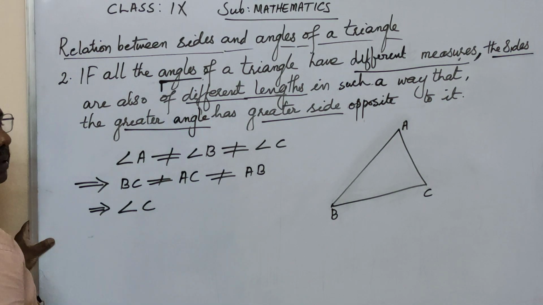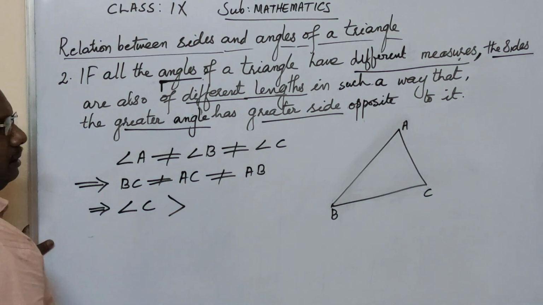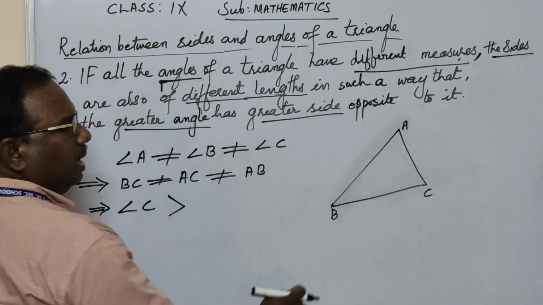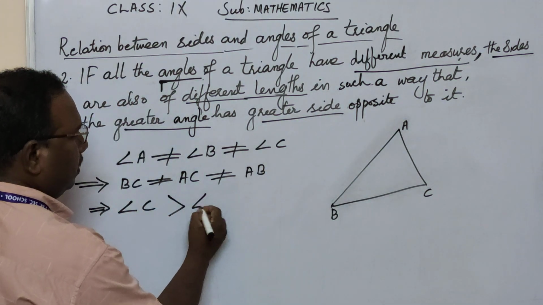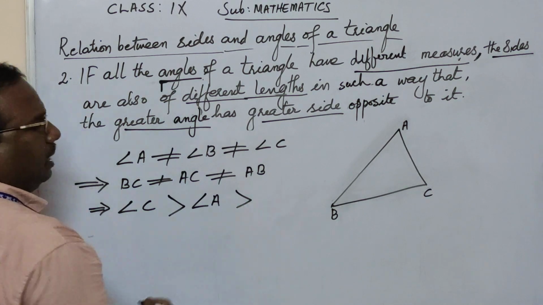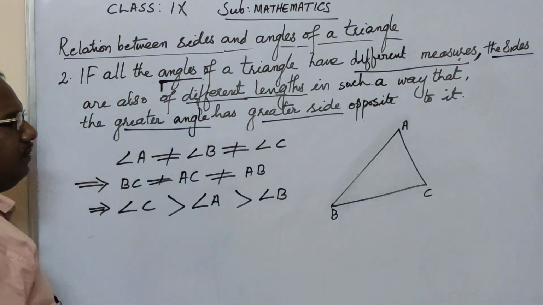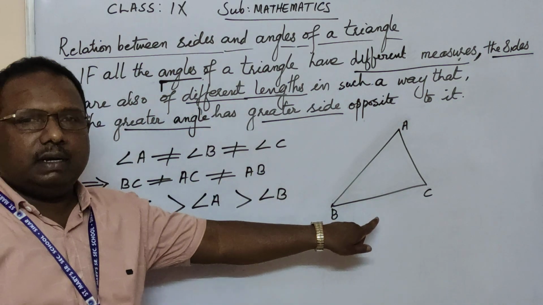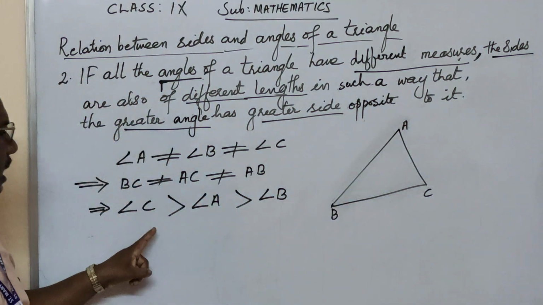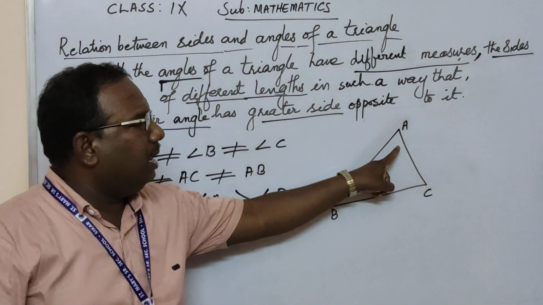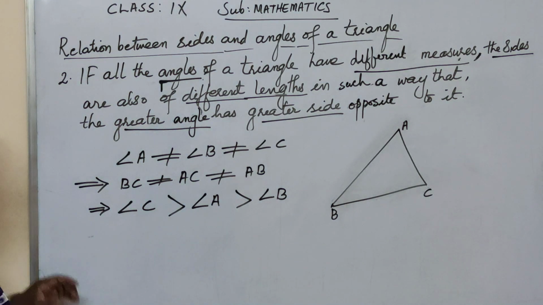Angle C. This angle C is greater than angle A, which is greater than angle B. Look at the board very carefully. According to this given triangle ABC, angle C is greater than angle A, which is greater than angle B, which implies